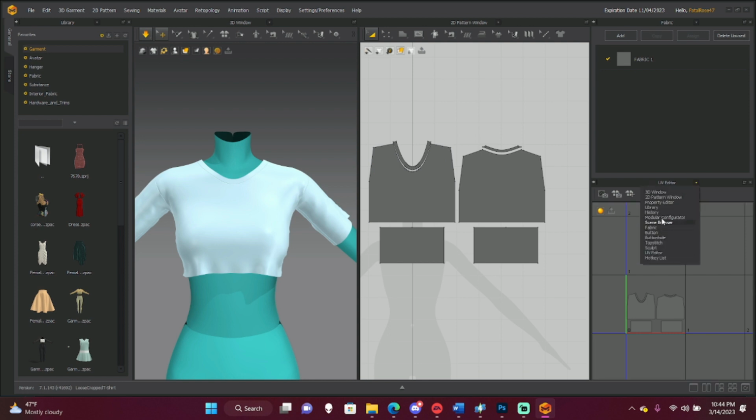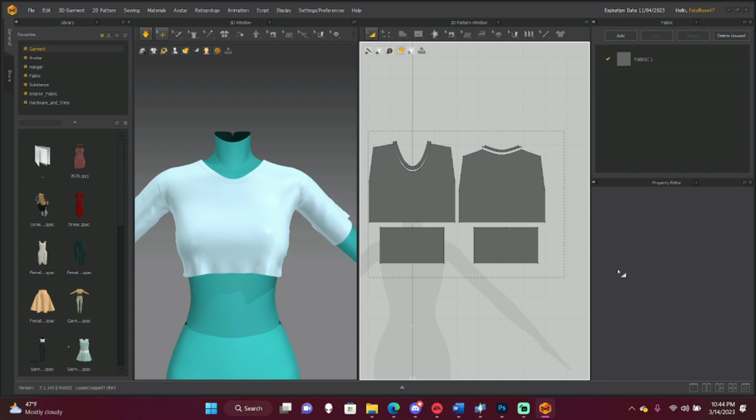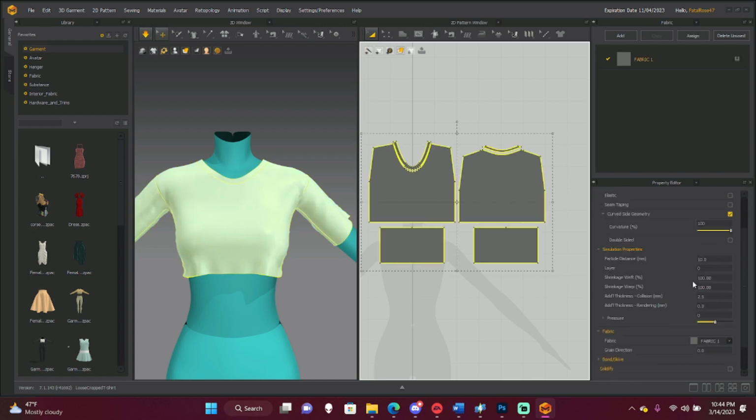And then in Property Editor, with all of your mesh selected, you're going to want your particle distance to be somewhere between 10 and 15. 15 for lower poly. The lower the particle distance, the higher poly the mesh.